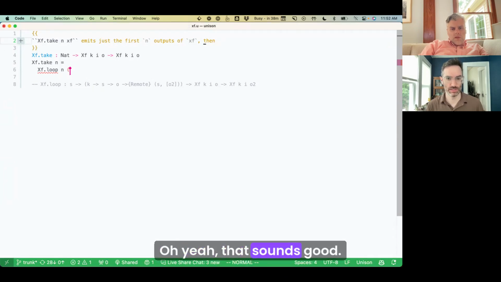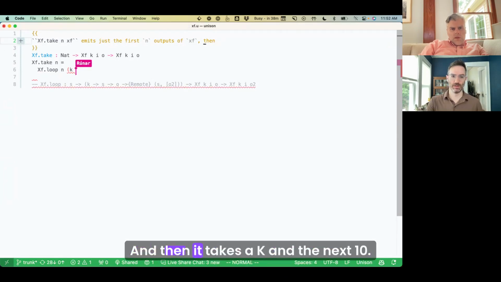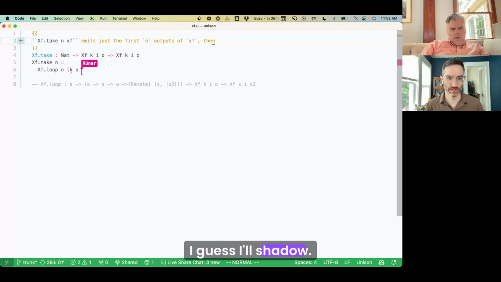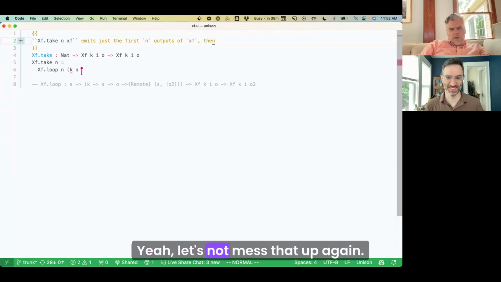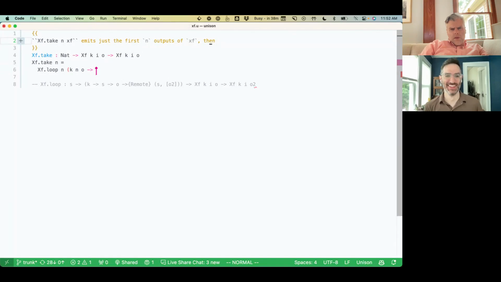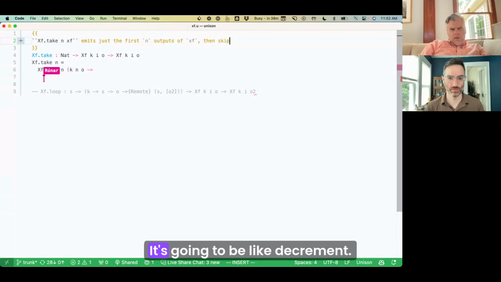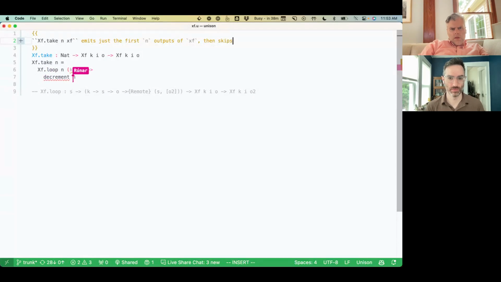Oh yeah, that sounds good. And then it takes the k and the next n. I guess I'll shadow. Let's not mess that up again. And then output. Okay, and we need to return a new state. It's going to be like decrement n.